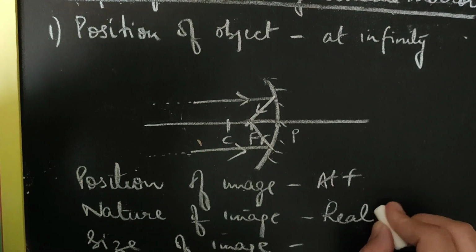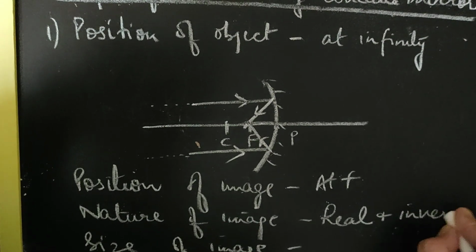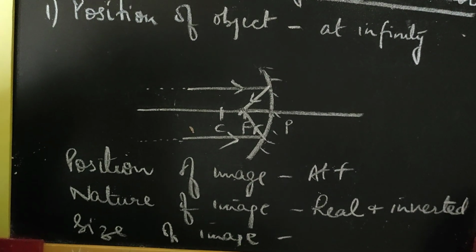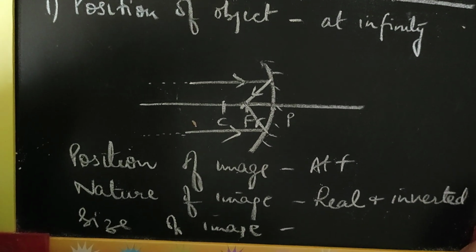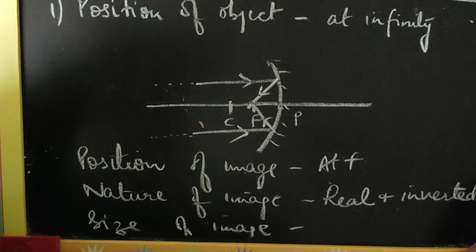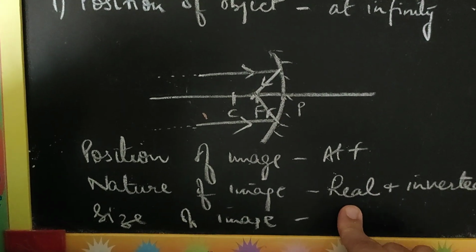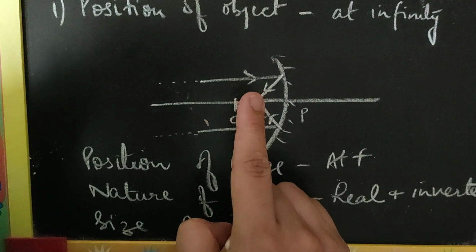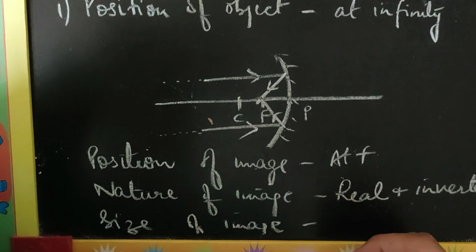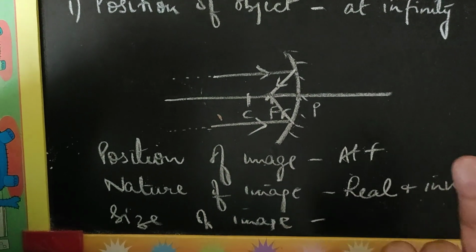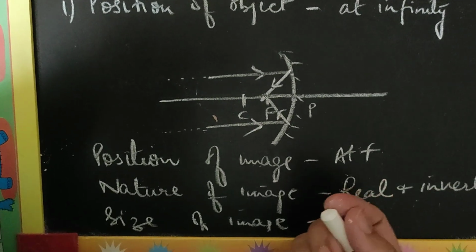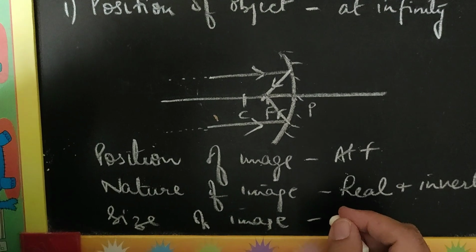And real images are always inverted. Remember. ये differences पूछे जाते हैं कई बार real image और virtual image में. ये आपने class 7th में भी करें. So you should remember, real images are the ones which are formed by the actual intersection of light rays. And such images are always inverted. Whereas virtual image, virtual नाम से ही पता लग रहा है, which is not actually being formed. It is virtual. It's not actually being formed by the intersection of the light rays.